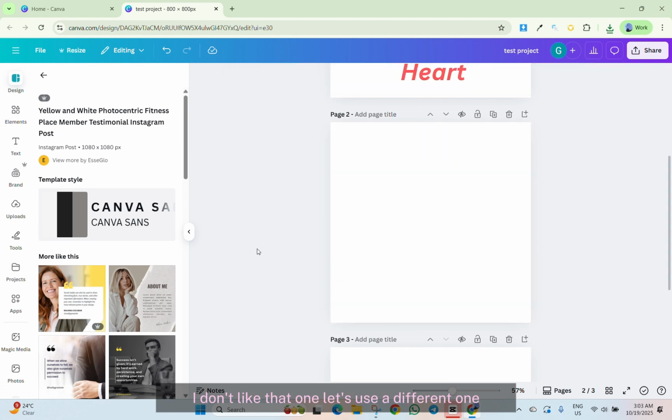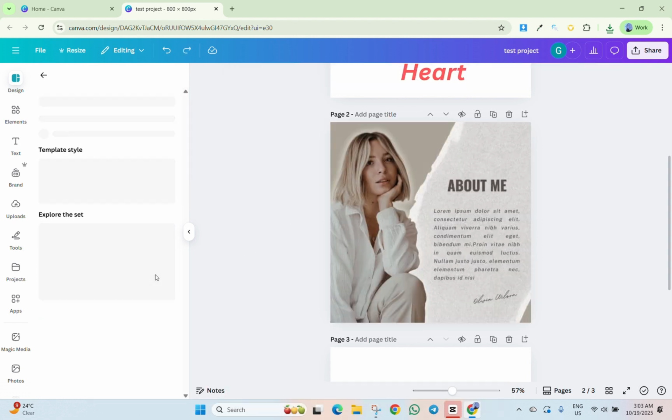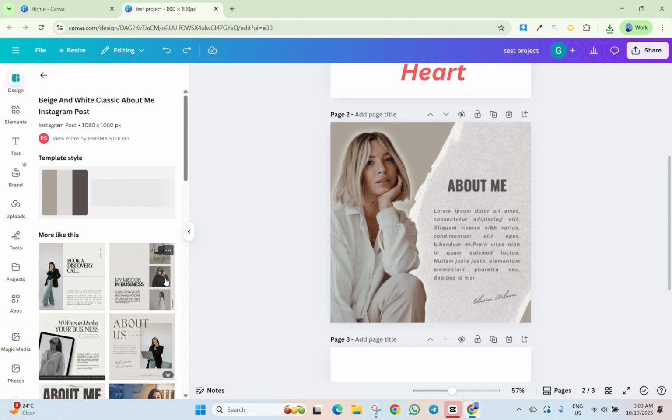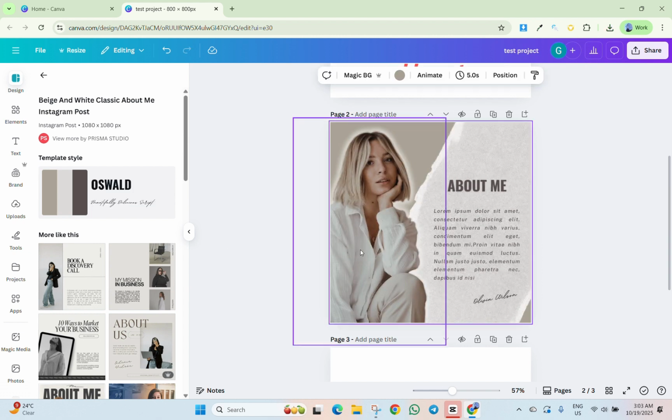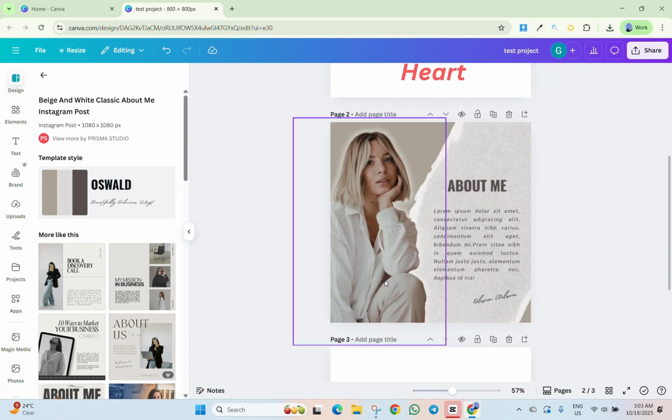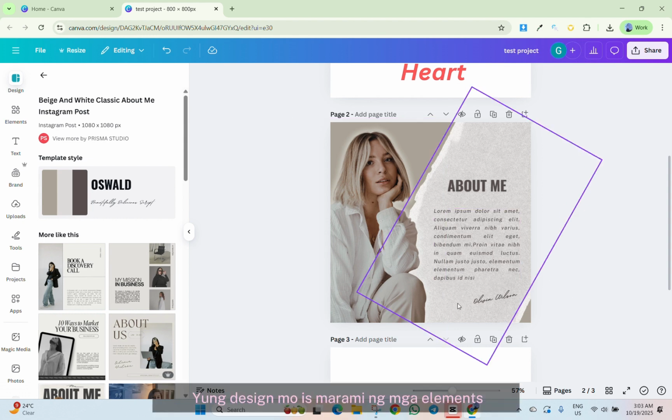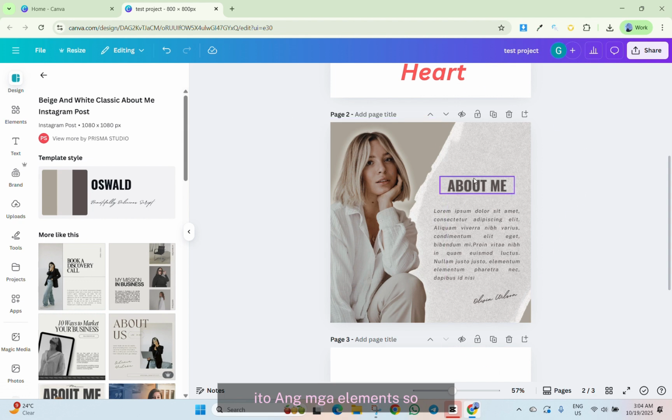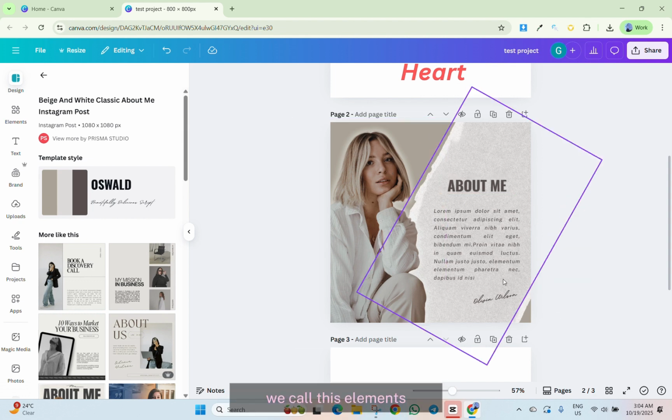Let's use a different one. Okay, so for example, yung design mo is marami ng mga elements. Ito mga elements. So, we will call this elements.